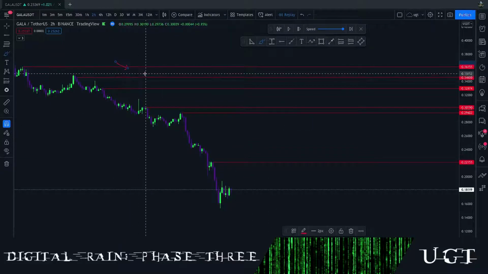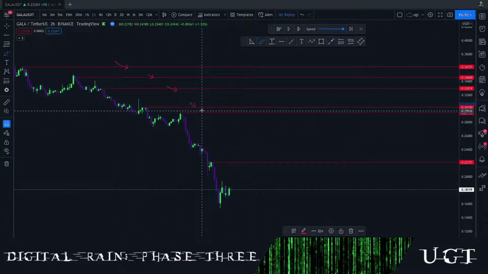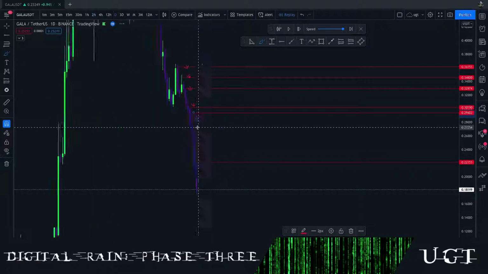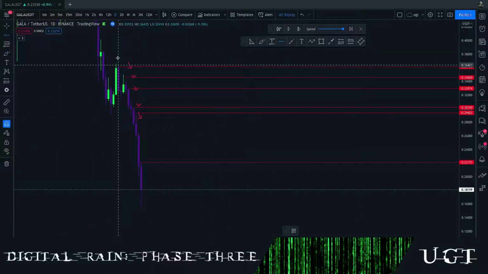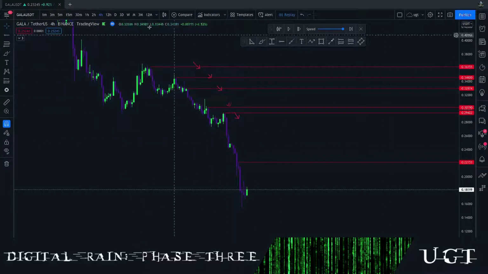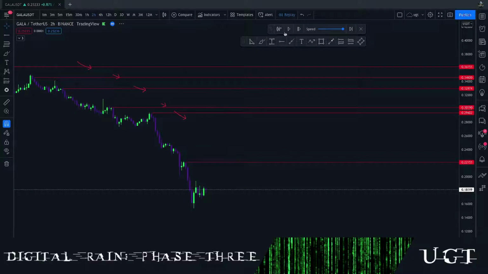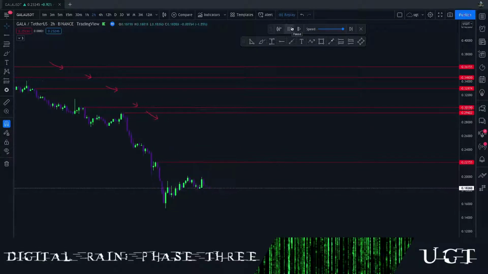So where this was not hit, this was not hit, this was not hit, this was not hit, this was not hit. And we have obviously higher time frame ones as well. We have the daily up here, okay? So there were no levels being hit right up until that 26th of January. So if we play this out,